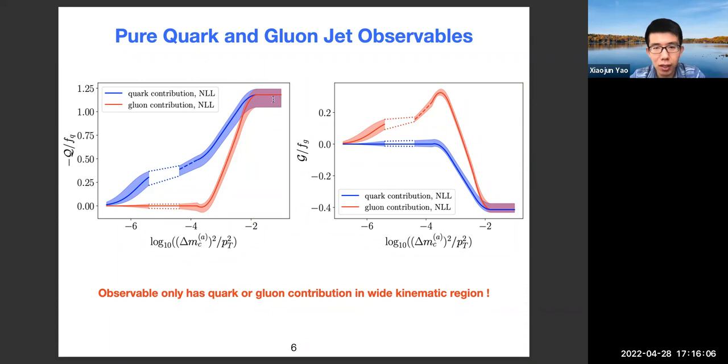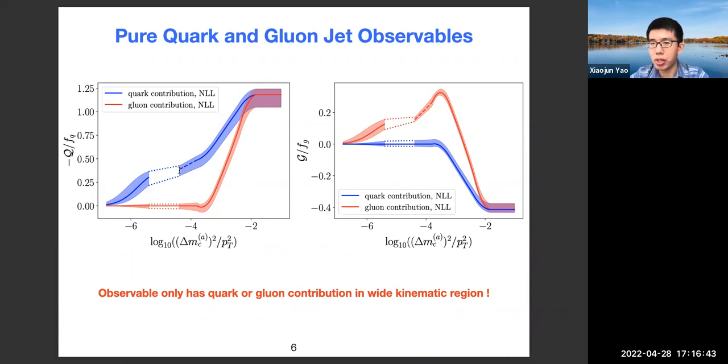In this plot, you see that the gluon contribution to this pure quark observable starts to become vanishing at -4, and it stays vanishing throughout, from -4 all the way to 0, or to negative infinity, while the quark contribution is non-zero in the corresponding kinematic region, and there is a large gap between the quark contribution and the gluon contribution. So if we carry out a measurement in this region, we can be 100% sure the data we get is